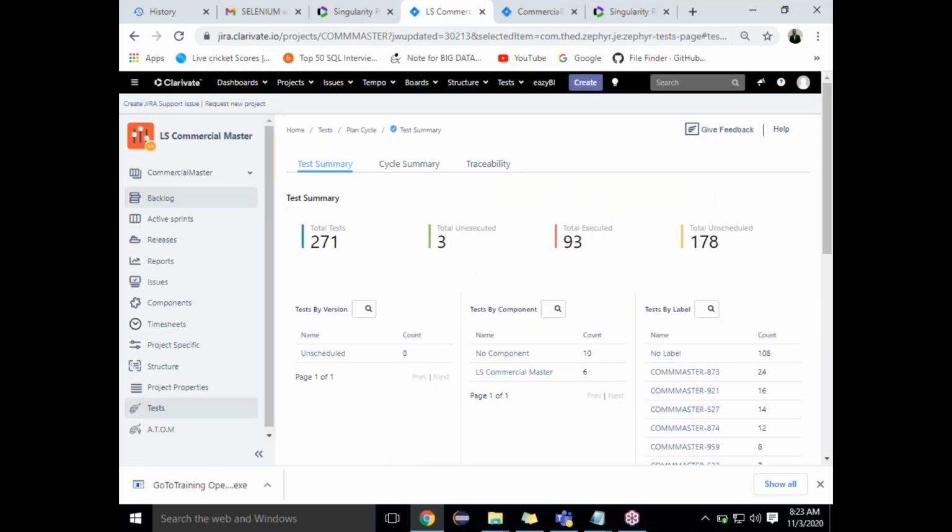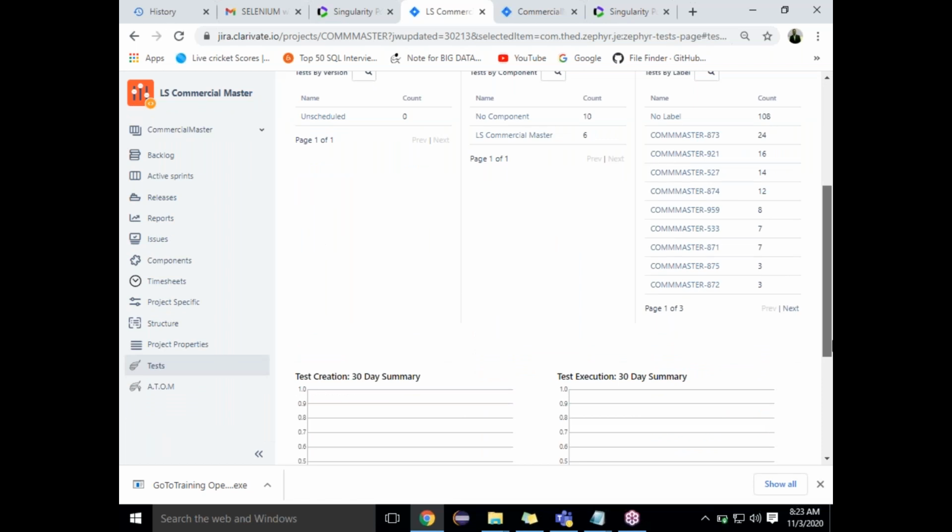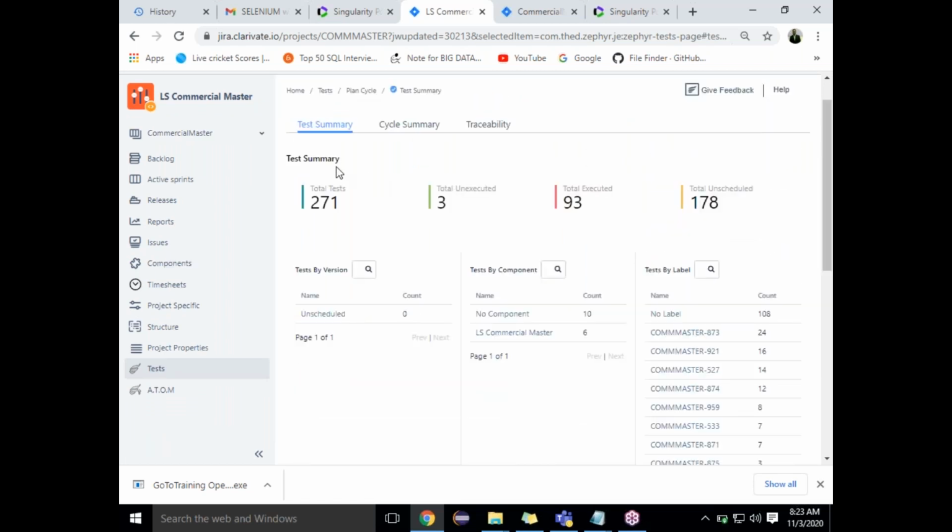There are ways where we can import the test cases also. While you are writing the test case, you have to create the test case first. Then there will be an option whether you want to import the test cases, or whether you want to proceed without importing. So in Jira there will be an option.